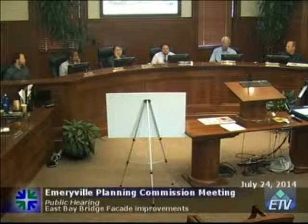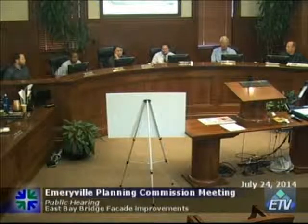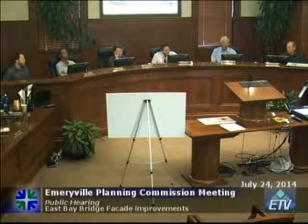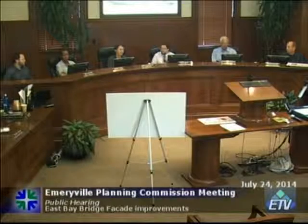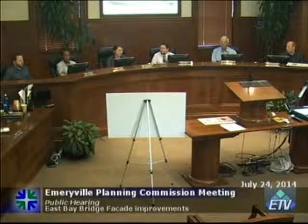Well, I also think it's come a long way since the last time. I like the improvements to the pedestrian plaza that are being shown, and I really appreciate the addition of the trees, because that parking lot and that shopping center has been really devoid of anything green for a long time,